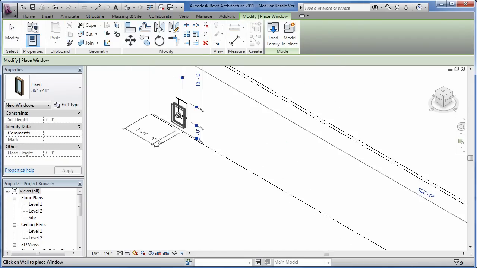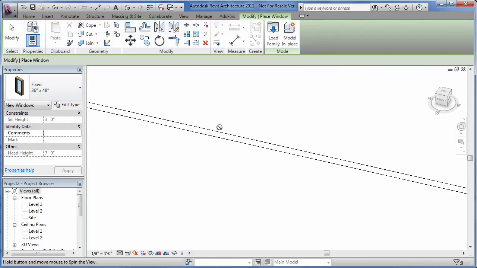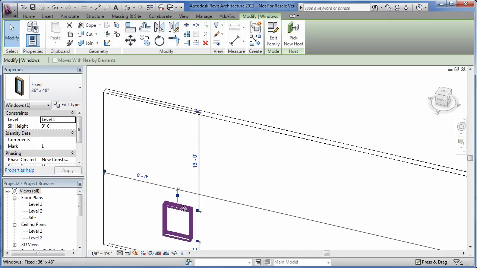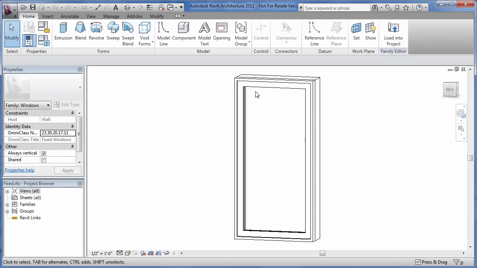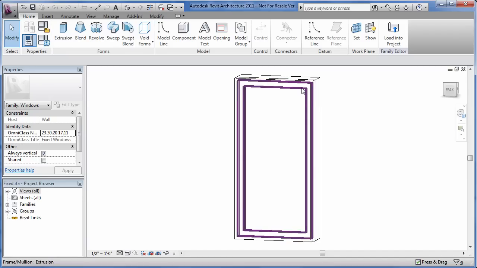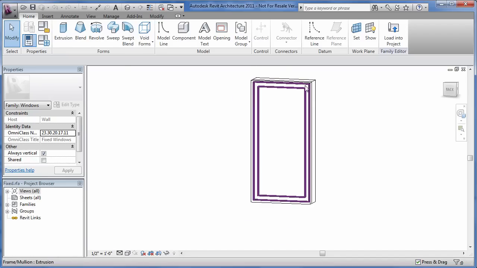We'll go right there. Now what we got is a straight window, but what we want is an arched window. So I'm going to click the window, right click and say Edit Family. This is basic family editing in Revit. There's our window. It's made up of a number of different pieces. You can see there's a frame, a mullion, there's an extrusion, and actually there's 3 extrusions, and